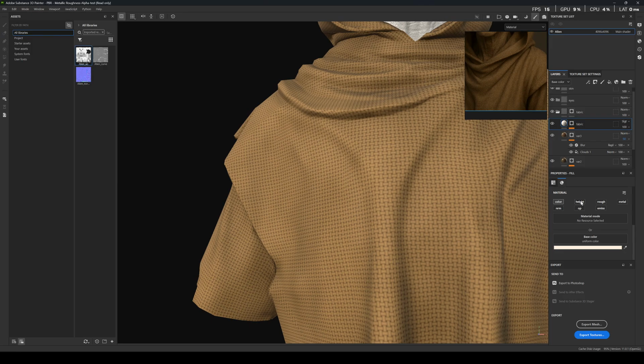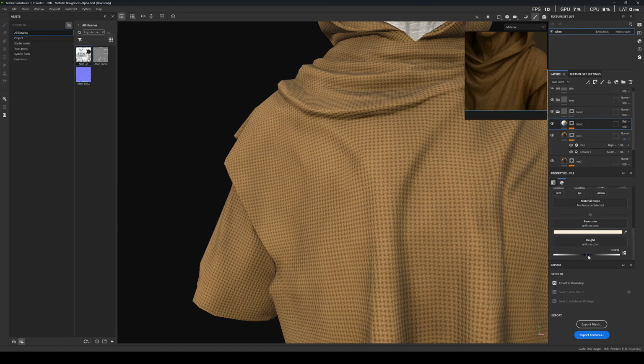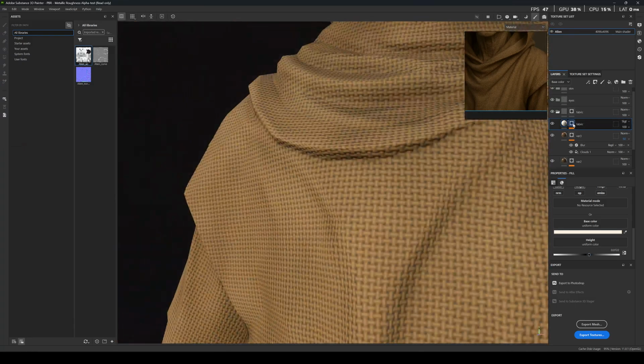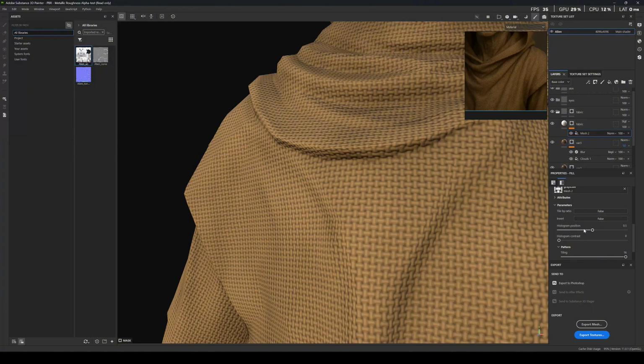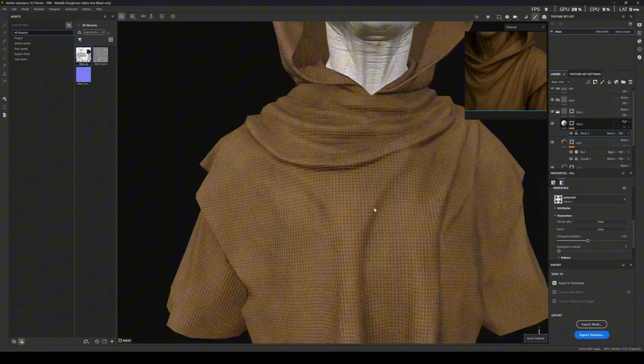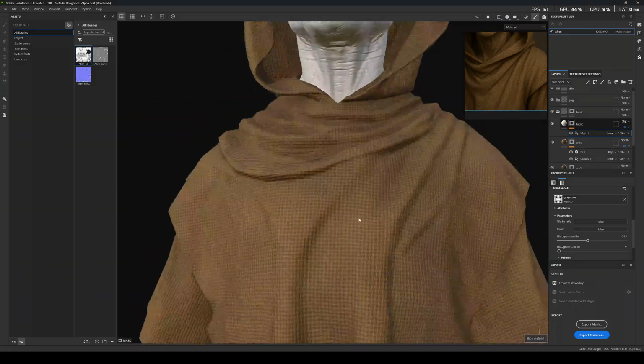And of course we need to also activate height map. I think it's not bad, but maybe, no, it's not bad. Also let's make the base color just 50. Okay,